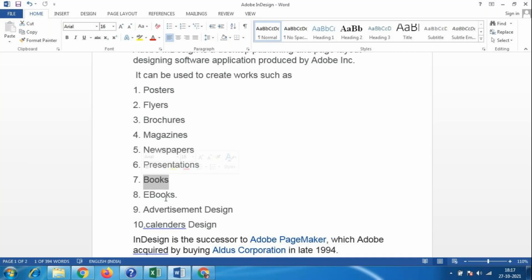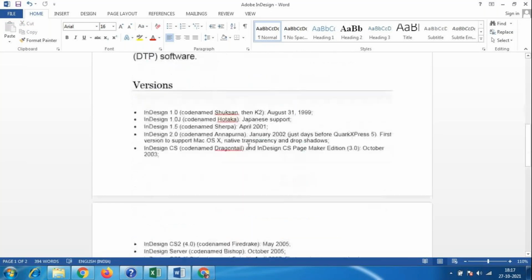You are graduation people, you have different kinds of books, correct? Somebody who is retired reads different kinds of books. Everything comes under the books design itself. So please note down all these options.